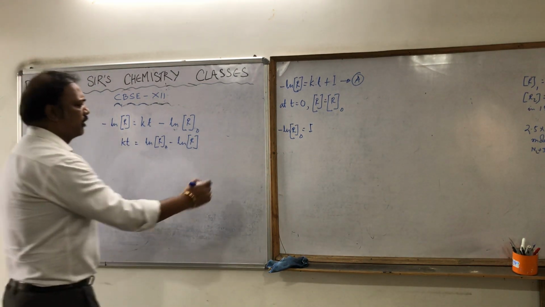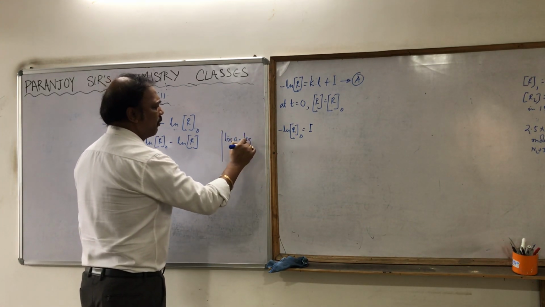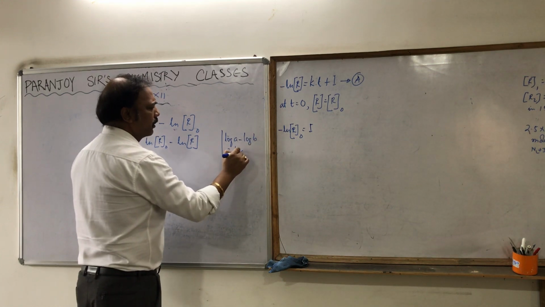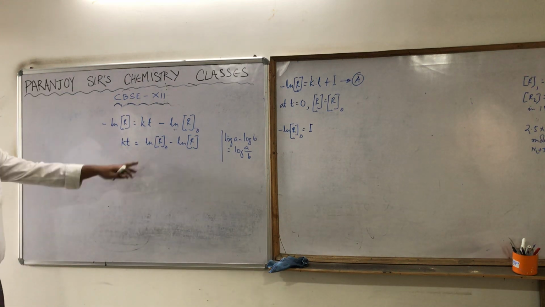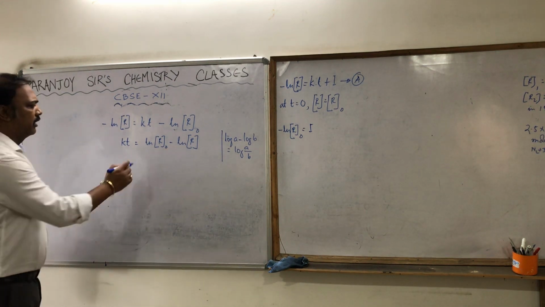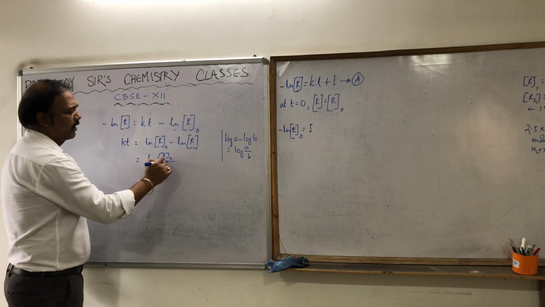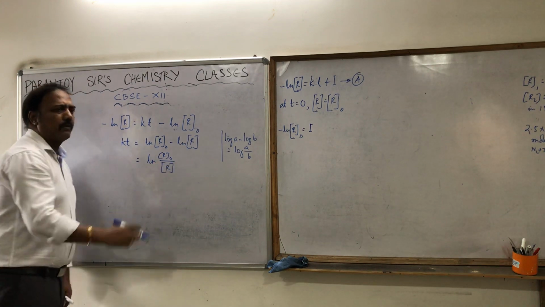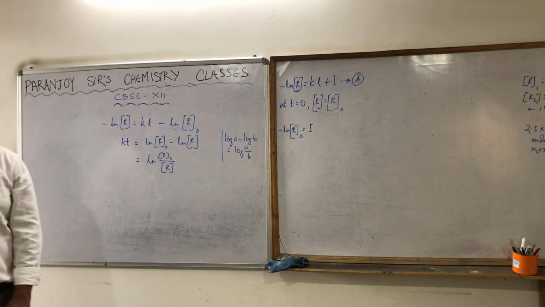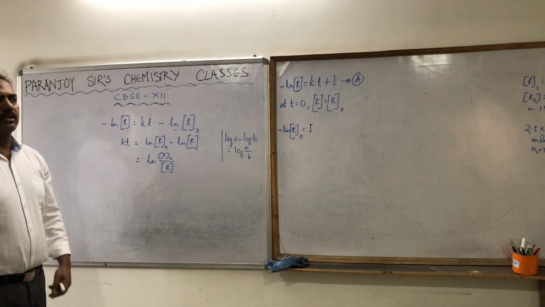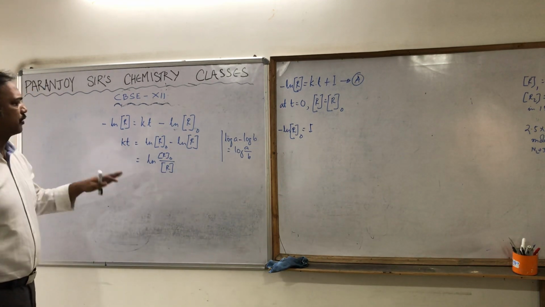Now this formula you already know, that log A minus log B equals log A by B. So exactly the same will be applicable here. So ln R0 minus ln R equals, can I write it as ln of concentration R0 divided by concentration R. When you are doing it with me, it seems very easy. Actually it is easy, but you need, as I told, just a few practices to get it perfect. So please do that.